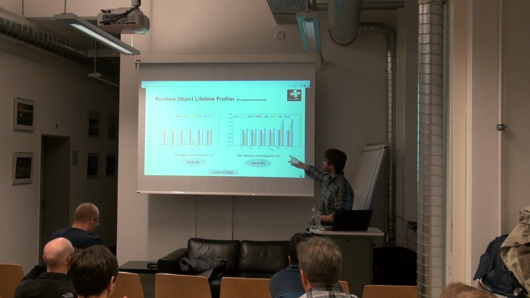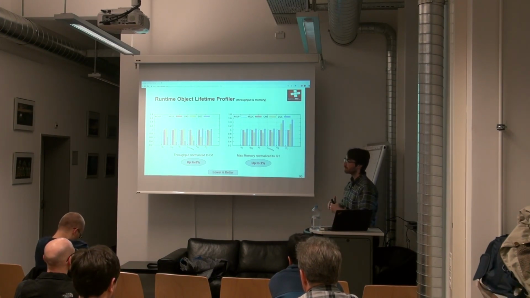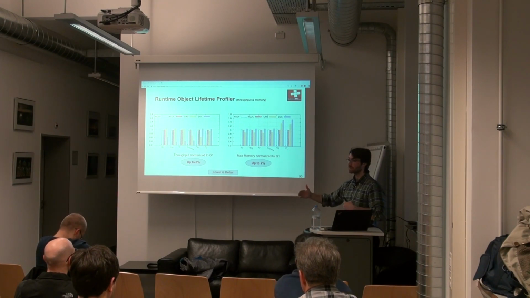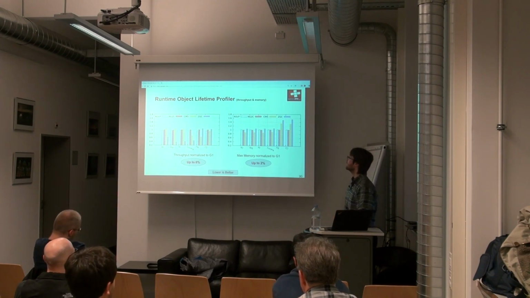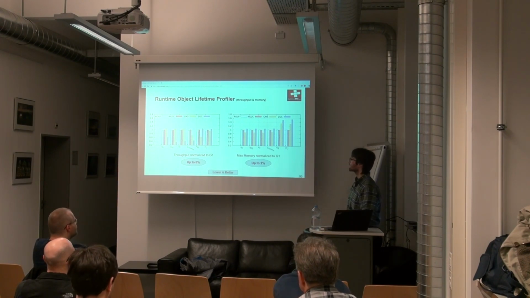For the max memory utilization, you see that ZGC will use much more memory, because it tends to use more memory just to avoid having to catch up with the application. And for our solution, we use a little bit more memory, just because since we don't trigger GCs so often, we can delay a little bit and actually use a little more memory.